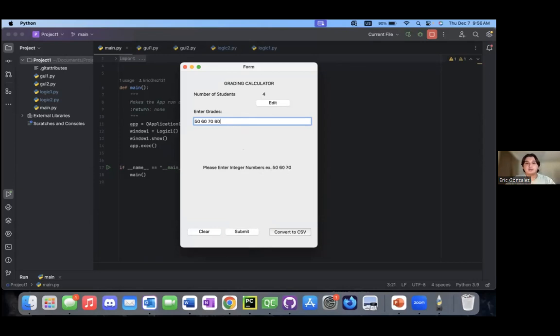So let's just go ahead and do 80 for the sake of it. Once you click submit, it tells you all the scores right here with the letter grade as well as the average score here in the bottom. If you click clear, it clears everything out and it sets it back to normal so that you can type in